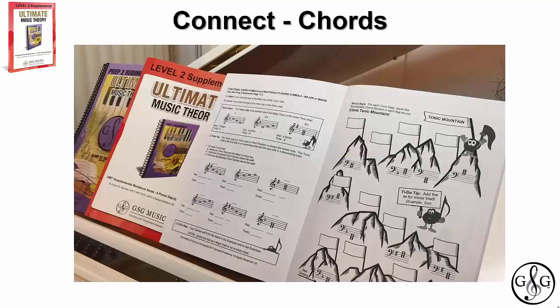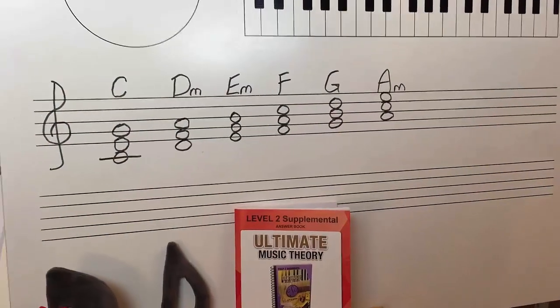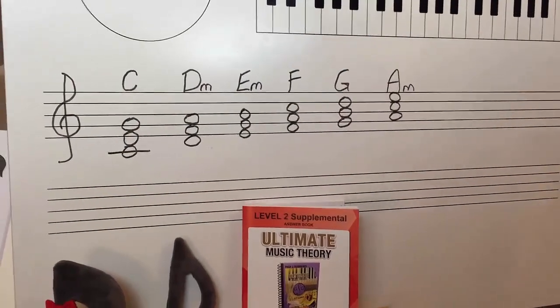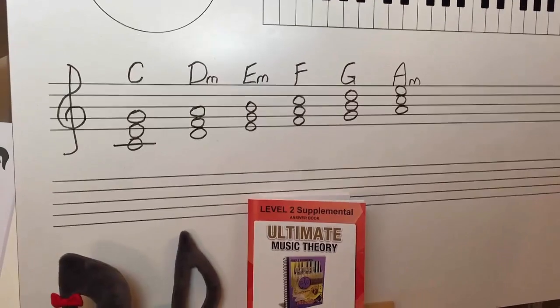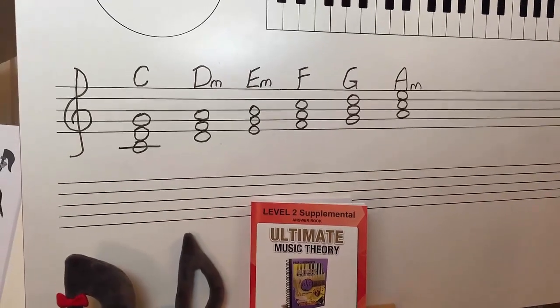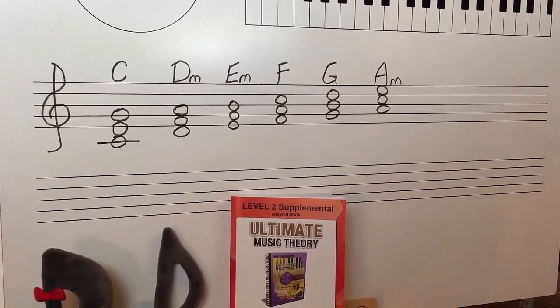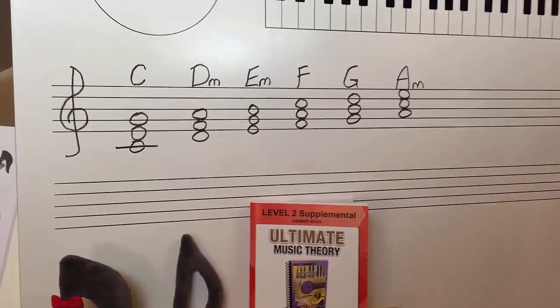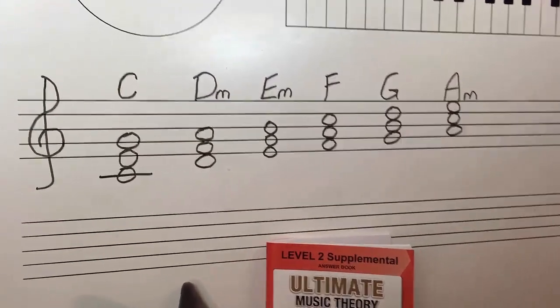So now we're going to talk about connect chords. In the supplemental workbook on page 22, you heard about the root quality chord symbol. Now I want you to watch Jillian connect chords from her written work into sound. So Jillian, you did a good job. You wrote out actually on the key of C major, C, D, E, F, G, right? Every single note, you wrote a triad on top of it. And I noticed that you're using the root quality chord symbol.